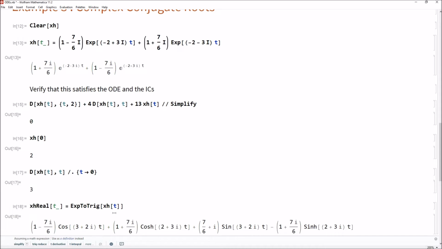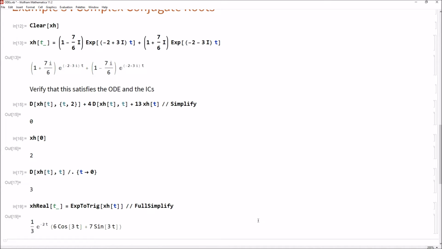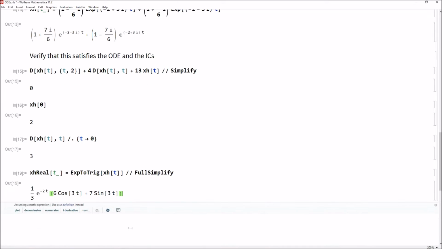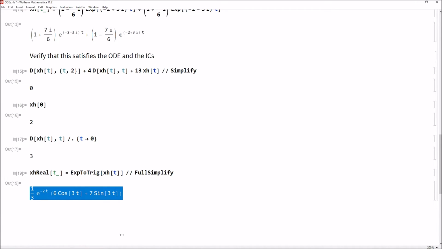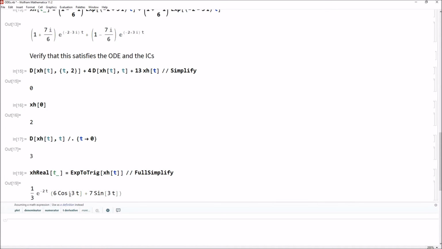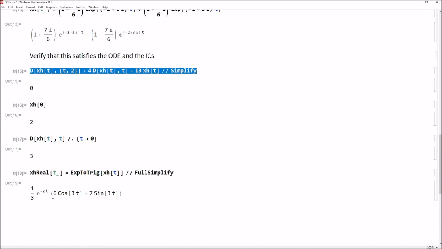It didn't quite get all of this. There are some hyperbolic cosines, but if I say FullSimplify this, shift enter, look at that. This looks beautiful. This guy is a completely real expression, and in fact, it's the exact same thing, just in a different form,